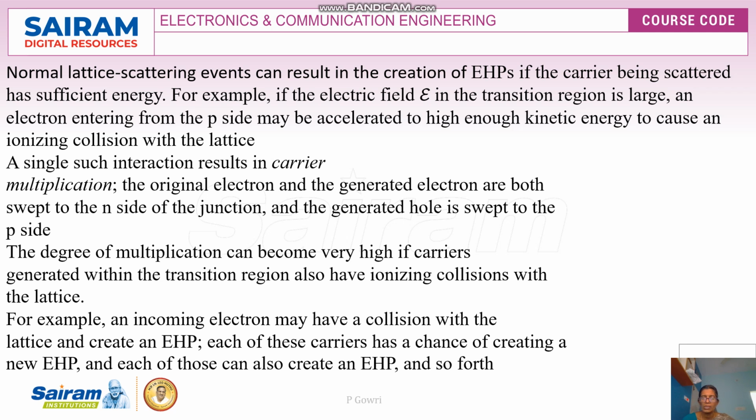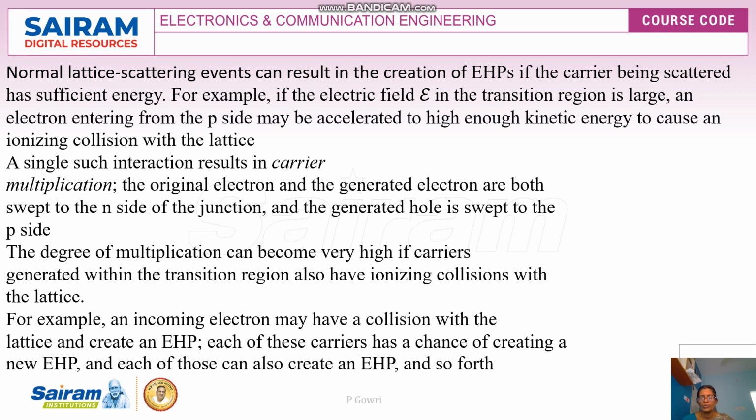So now what happens is the original electron entering the transition region will generate an electron, and both the electrons will be moving to the n side due to the electric field, and the generated hole will be moving towards the p side. Now, because of one electron entering the transition region, there is a formation of one electron and one hole. So here these two, the electron-hole pair which is formed, will again become